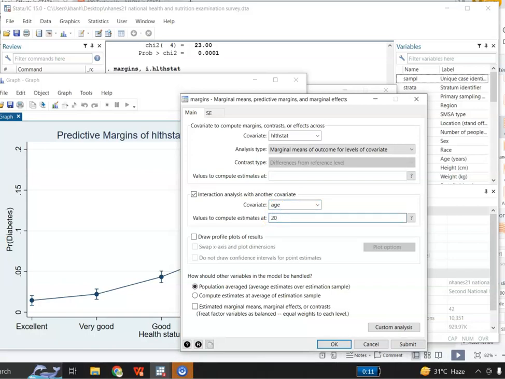I will start with 20, and I'm telling Stata to give me the probabilities of having diabetes by health categories for different age intervals from 20 to 80 with interval of 15. So if I submit this,